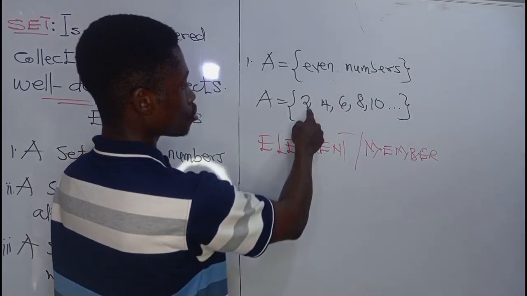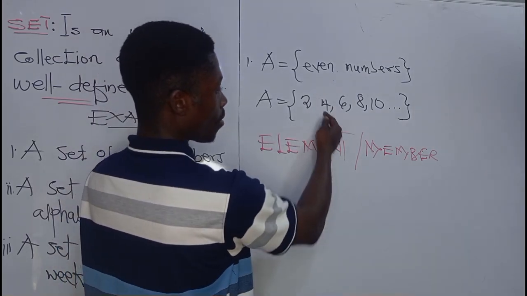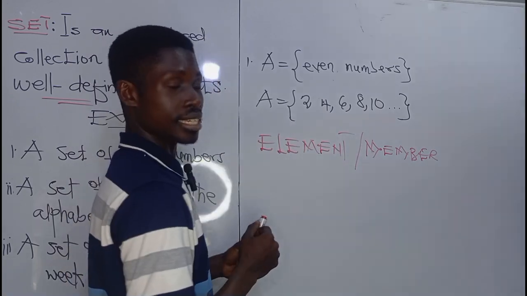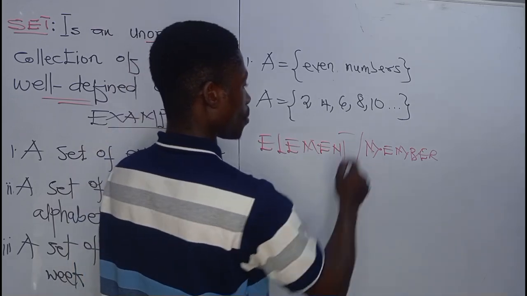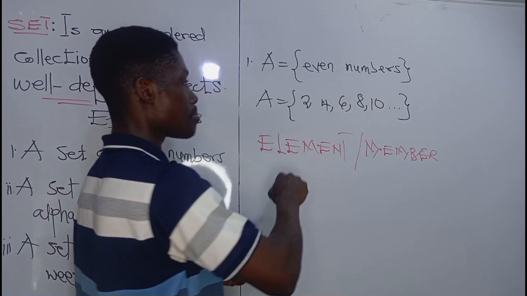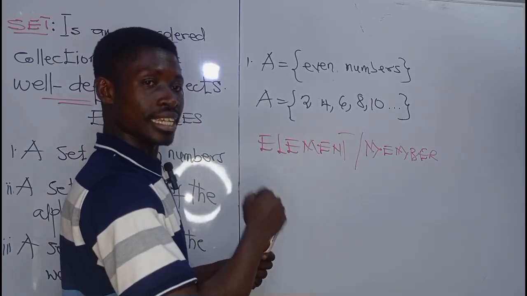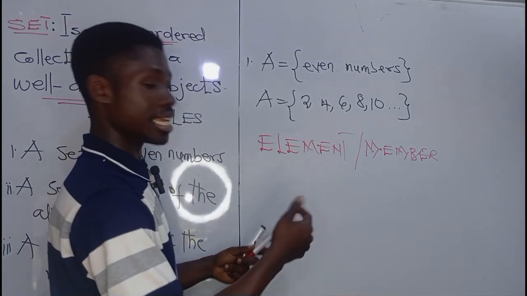So we can see that 2 is an element of set A. 4 is a member of what? Set A. So those items or objects within the set are called elements or members. So you can see that 4 is a member of what? Set A. This "member of" can be written symbolically as